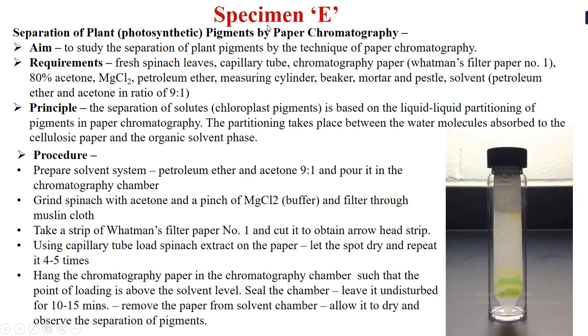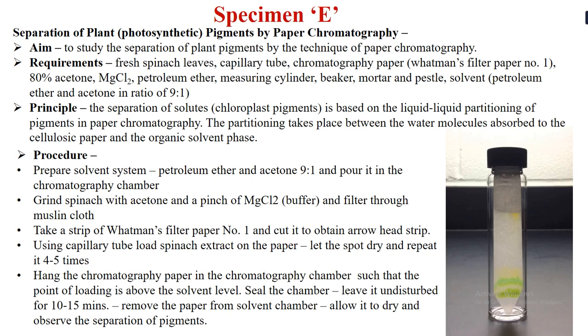Next, in this session, we are going to start with spot E. Now in spot E, there will be 2 specimens, and one of the 2 specimens will be kept. For this spot E, there are 2 experiments. The experiments will be performed and the specimen will be kept in front of you. You just have to comment about that specimen. You just have to observe it, note down your observation, and then you have to conclude that observation.